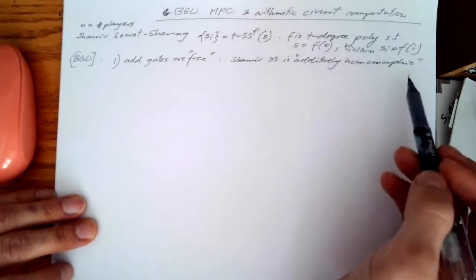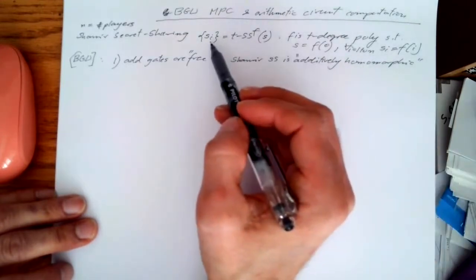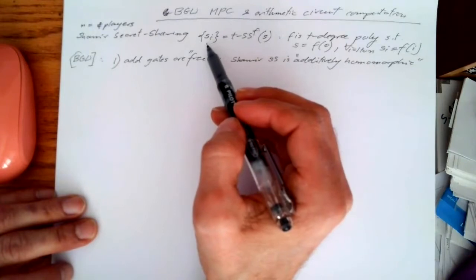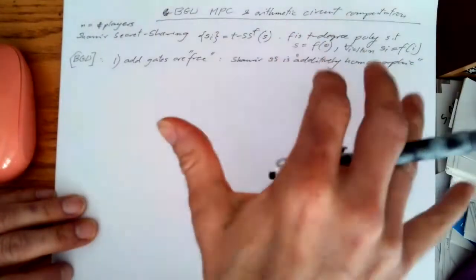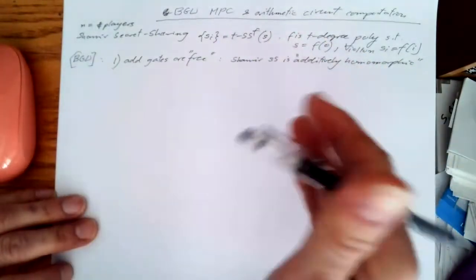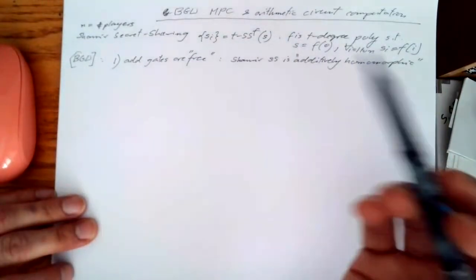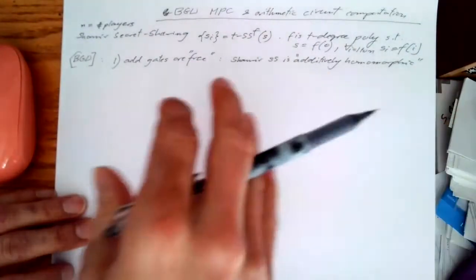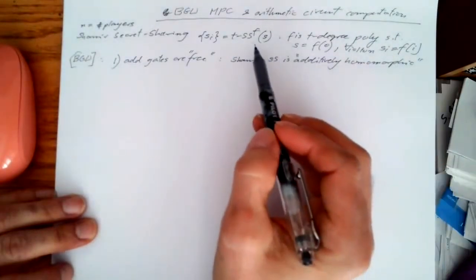So this is another homomorphism in action, right, where shares are, you can think of the result of, okay, well, it's funny to think of this as a one-way function, but